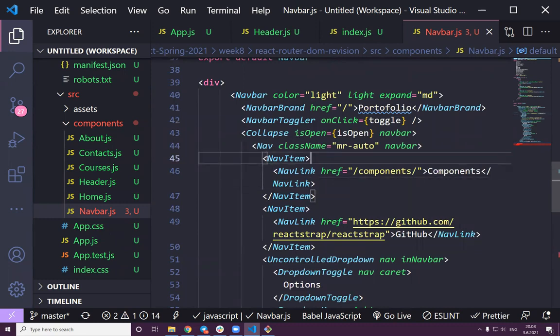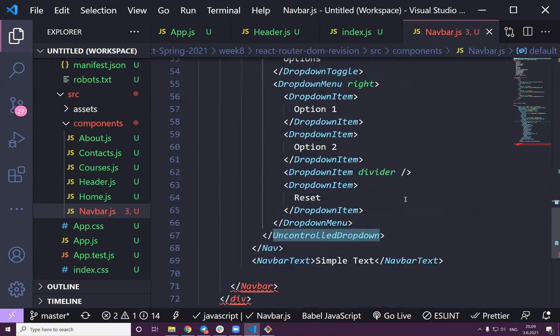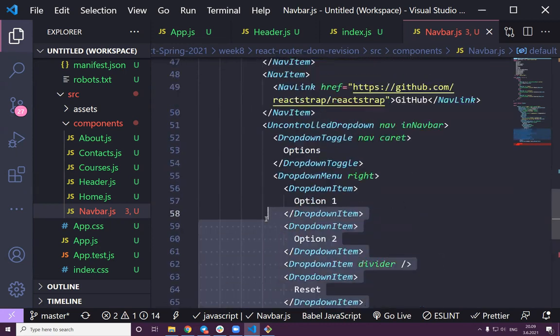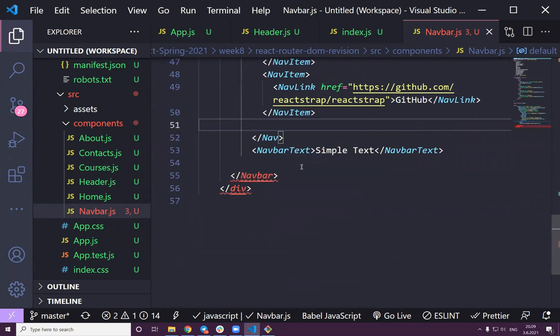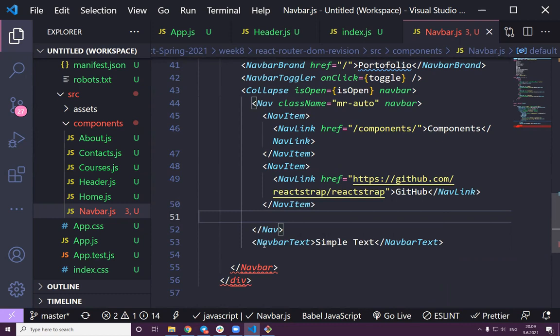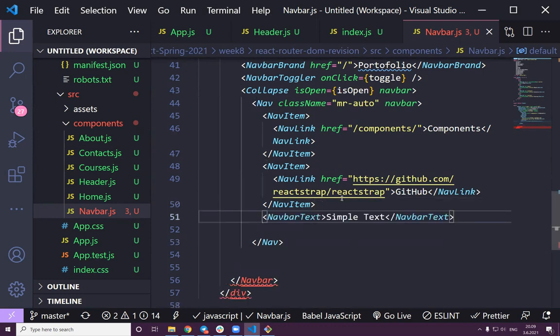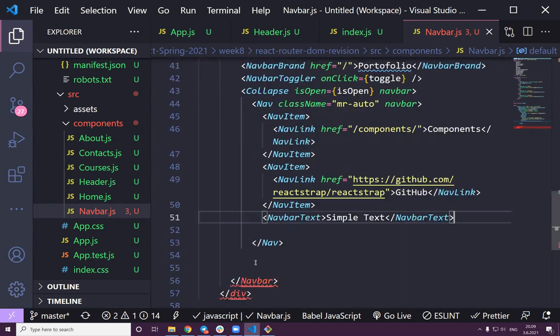As you can see, this navbar item is actually a list item, and navbar link, you know it already, is the React router link, but this nav item is a list. So these are the lists. Do we need this one? We don't need it, so we remove up to here. Okay, so navbar item here, we can just keep it there, but we can just get it inside here. And something